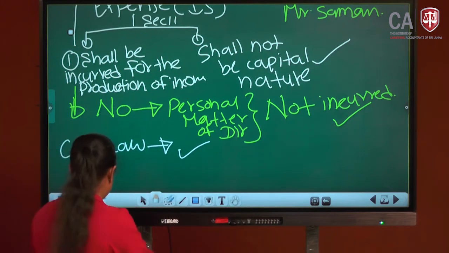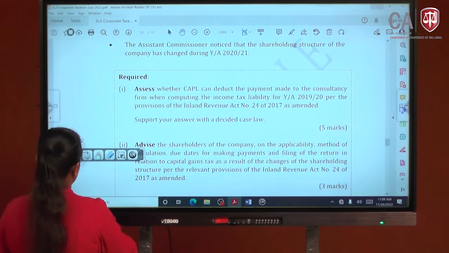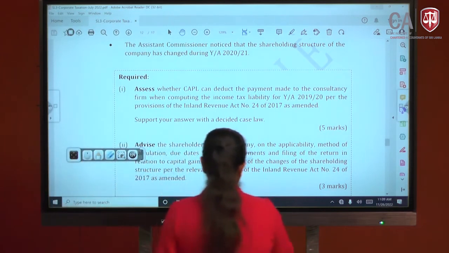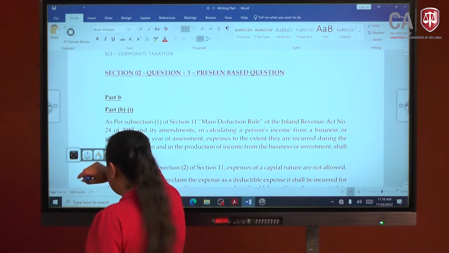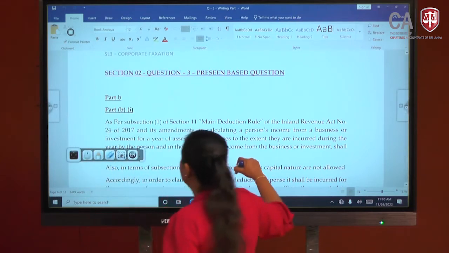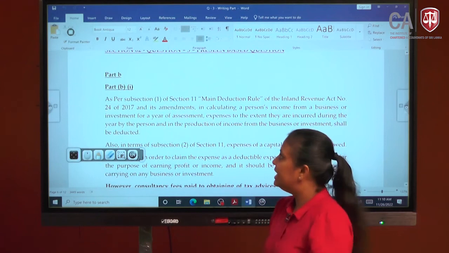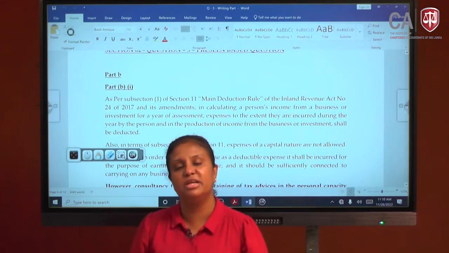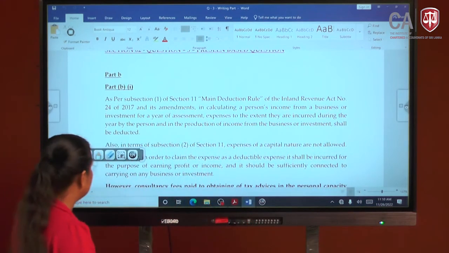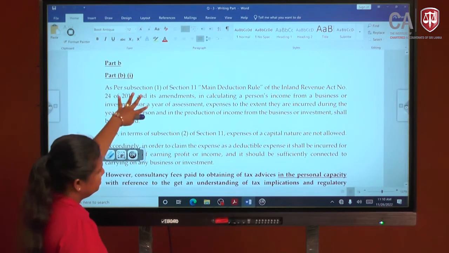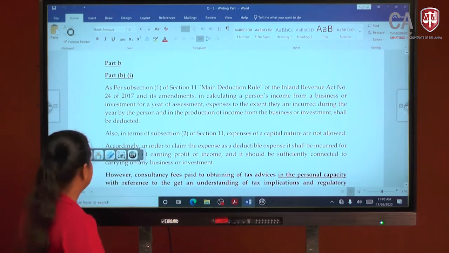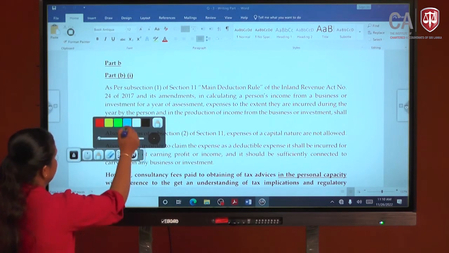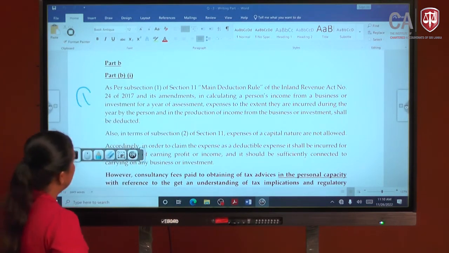Now let me come to the discussion of the answer here. I will just take the answer format I have given. I really need to come to these typical points. It's asking as per the provisions of the Inland Revenue Act and the case law. Now, the application of the Inland Revenue Act as explained, the theory, section 11, the provision, this is theory application, and